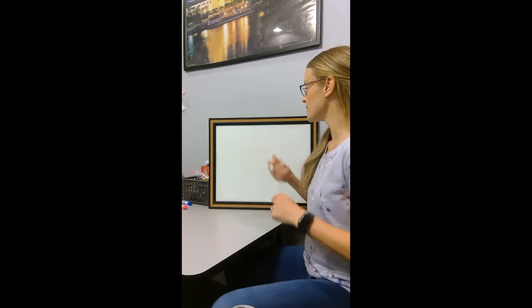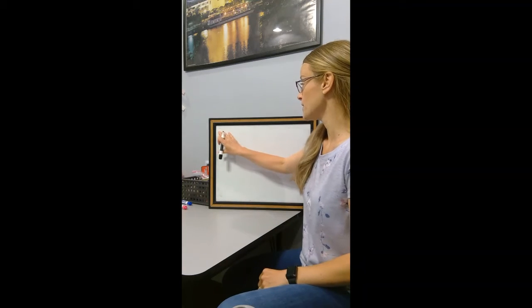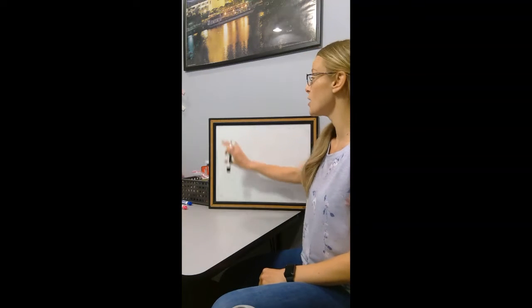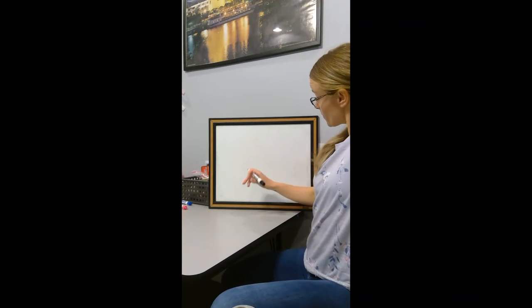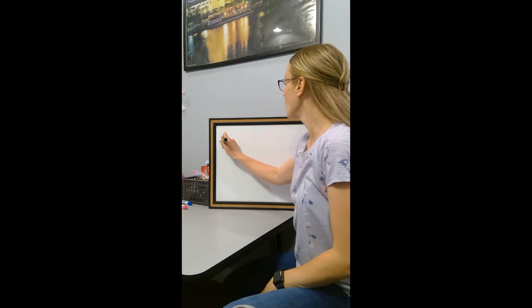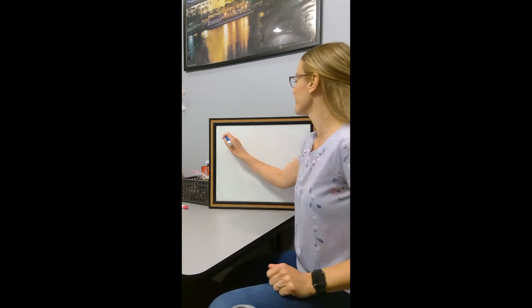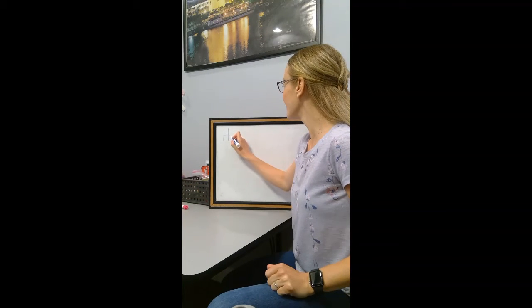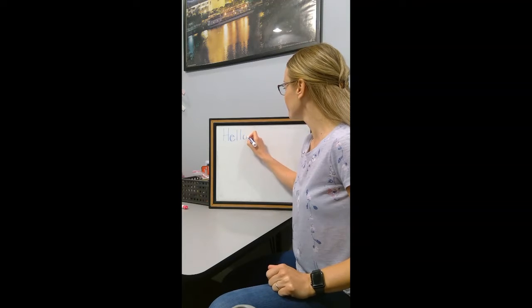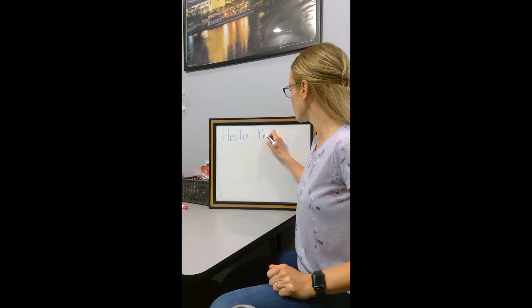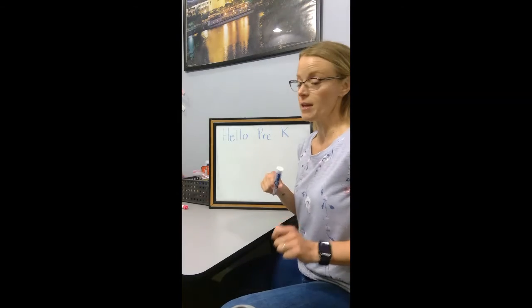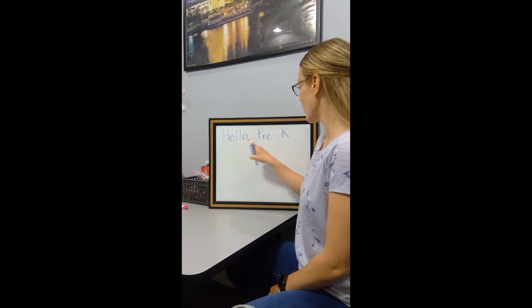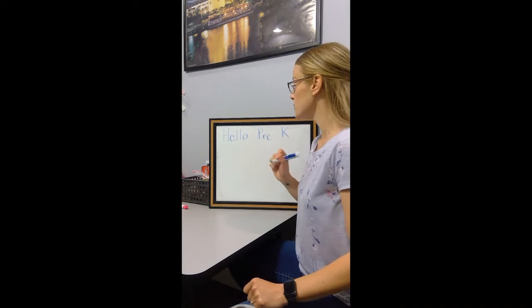So let's get started with a message. I'm going to write from the top left corner. I always write my messages from left to right and from top to bottom. So I'm going to start by writing hello. Whoops. I'll try blue. Hello. Pre-K. That's you, but only for a few more weeks. Pretty soon you'll be kindergartners. Hello, pre-K. My question for you today is,